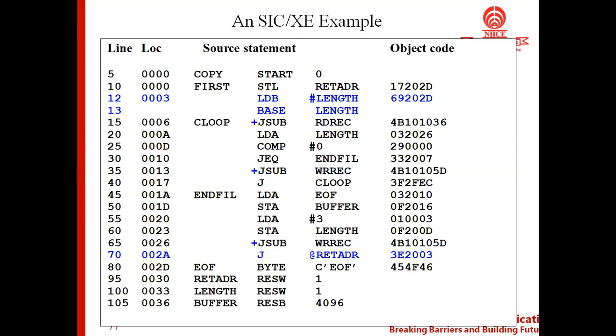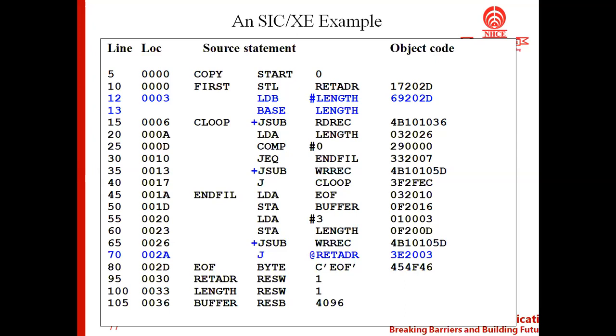When we started with the assembler, I was telling you how the conversion takes place, and based on which we got the object code also. So that is how the assembler generates the object code by following the different functions. Similar to that, here also we'll have the object code which is generated from the instructions in the source program.